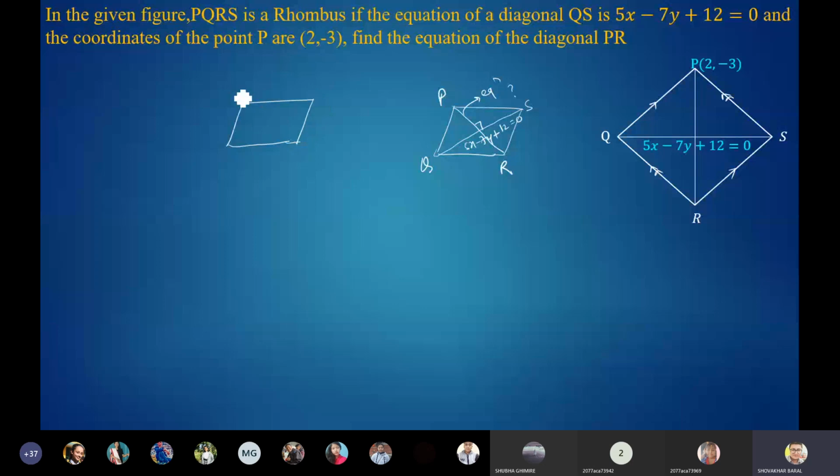Suppose if this is a rhombus, please don't draw this figure. Okay, if you have not drawn it, then you can draw this one also, because it looks like a square. I'm not satisfied with this figure. I'll amend this figure while giving you the PDF file later. So suppose this is a rhombus, and students prefer to write in this way. They write PQ, okay, and they write RS in this way, and most of the time they don't realize the mistake.